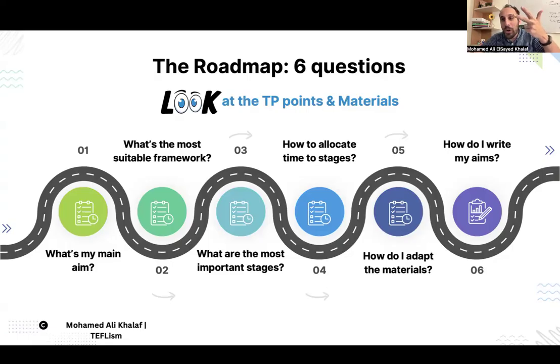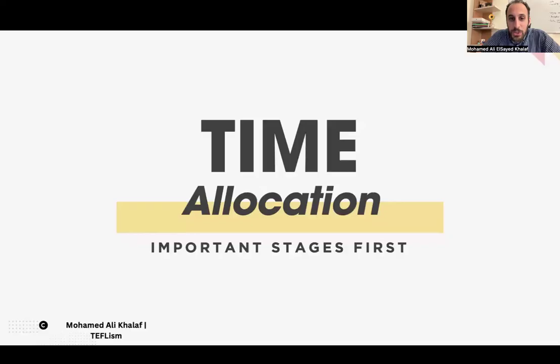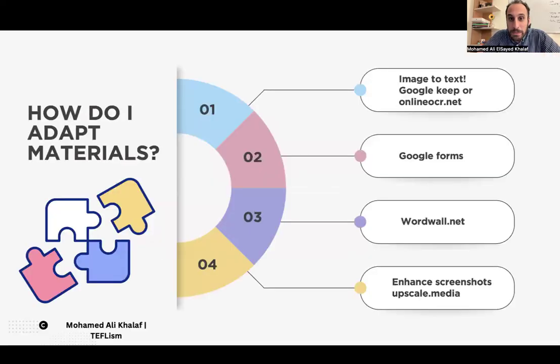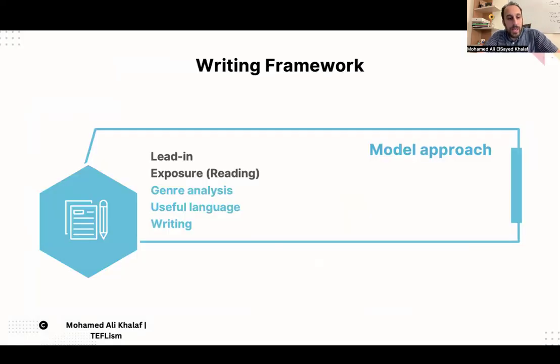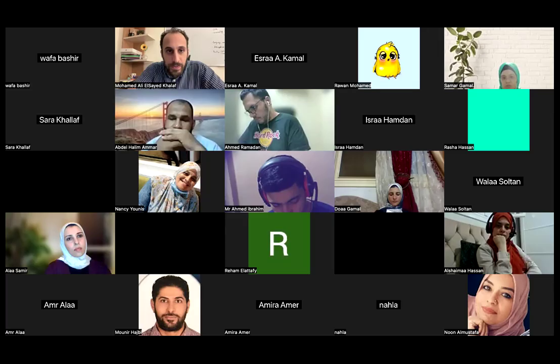Question number 3, what are the most important stages in this framework? Number 4, how to allocate time for the stages. And we are at number 4 now. We're almost done. But to answer this question effectively, let's go to our Google Classroom.